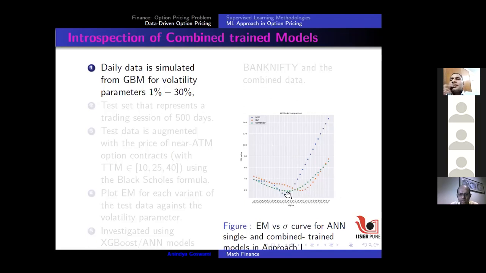So here, this plot is actually exploring that thing. What we have done is that we have simulated a family of artificial data, like the GBM data, and for artificial input output things, and tested it, and then checked where